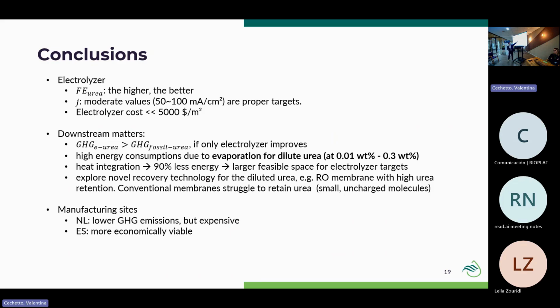If we must use evaporation for the dilute urea, of course we can consider some heat integration technology, and we probably also need to explore some novel recovery technology for the urea. Basically, in my calculation I assume full retention for the urea, but